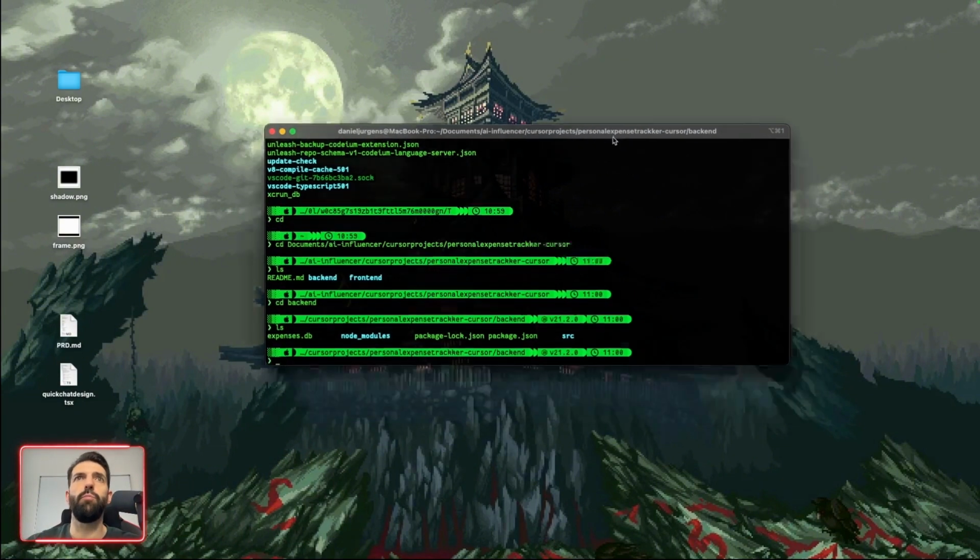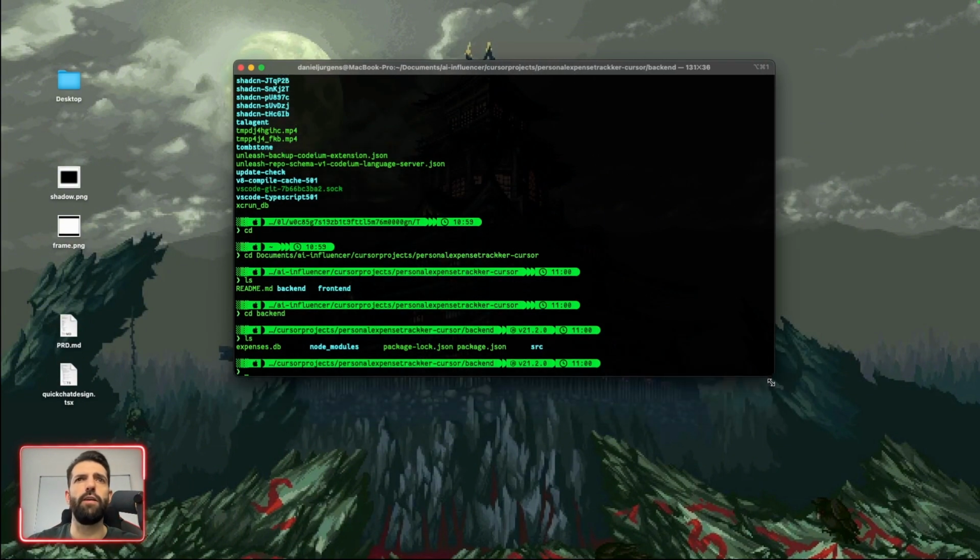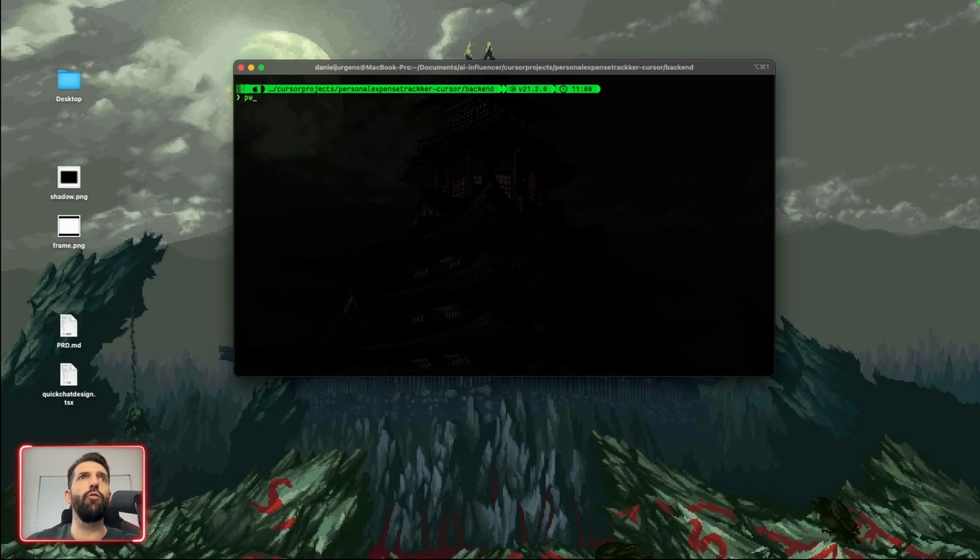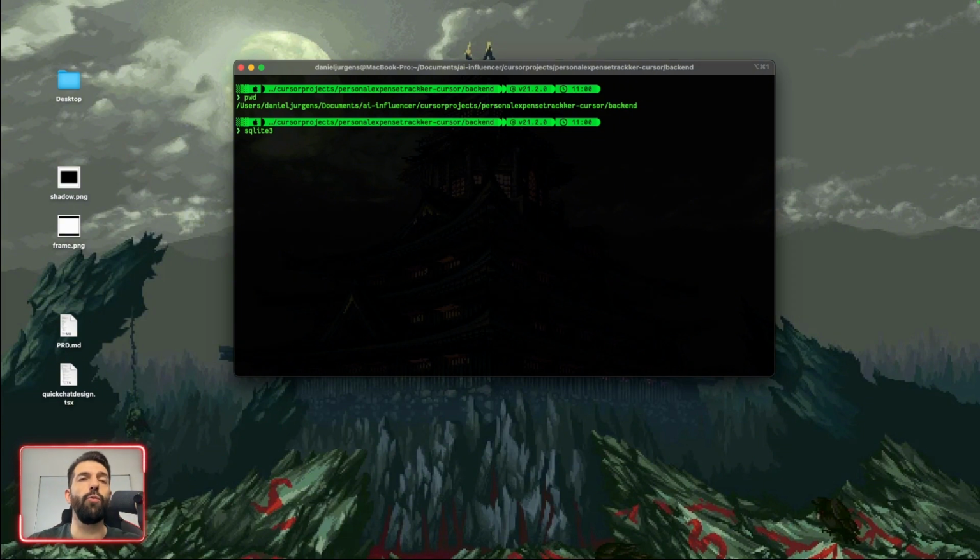Let me make this a bit bigger because I actually want to have a look at the database. Now, as you can see, I'm already inside of my backend, right? We want to run the SQLite 3 server with the expenses database. And now we want to select everything from expenses. And as you can see here, we have